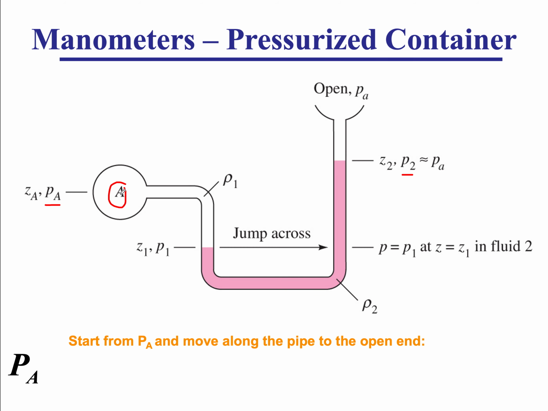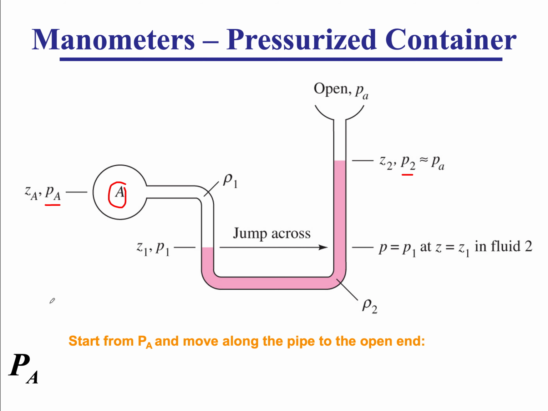If I follow those two simple rules, if I go horizontally, pressure doesn't vary. If I go vertically down, my pressure increases, and if I go vertically up, my pressure decreases. And if I go horizontally in the same fluid, my pressure doesn't vary. Then we can find the difference between PA